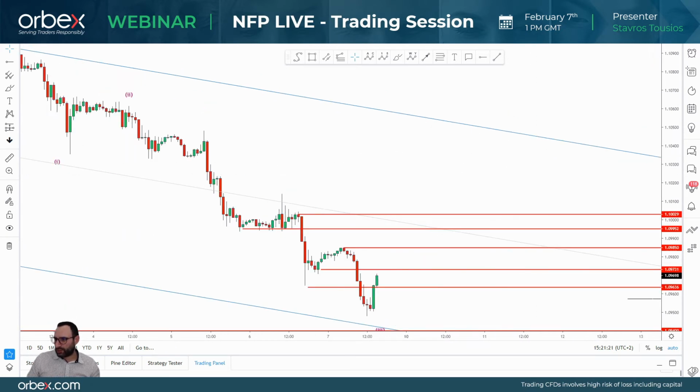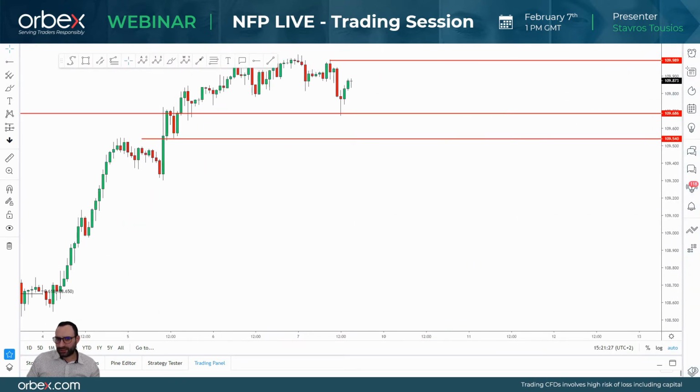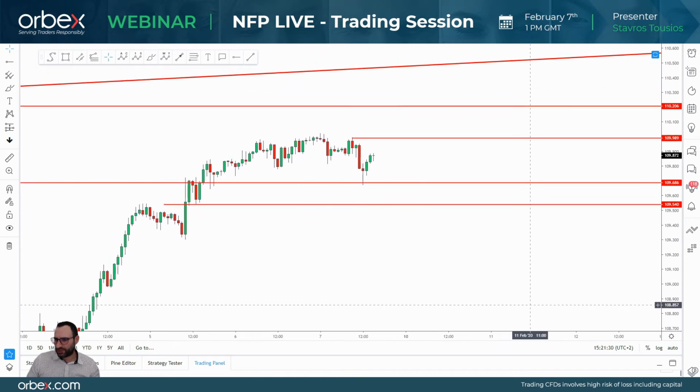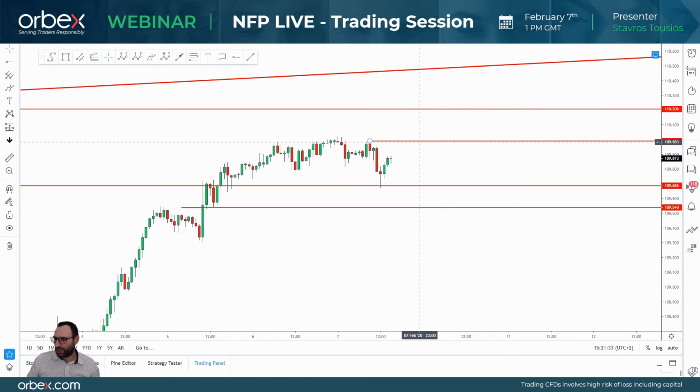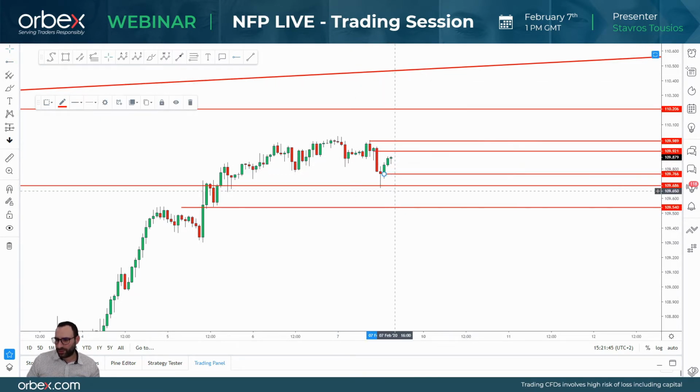Now, that's on the euro dollar. Let's have a quick look at dollar yen. Dollar yen has also drawn some levels over here. Since we're on the 1 hour chart, 9.8 is 10 pips far from the current entry, so we can actually go a little bit lower for an entry. And since we are higher from the moment that I drew that one, we can go a little bit higher on this entry as well, which is 10 pips away, don't forget, right? The other level would be over here. So you can use these levels as you wish. Dollar yen was quite an easy one, to be honest.